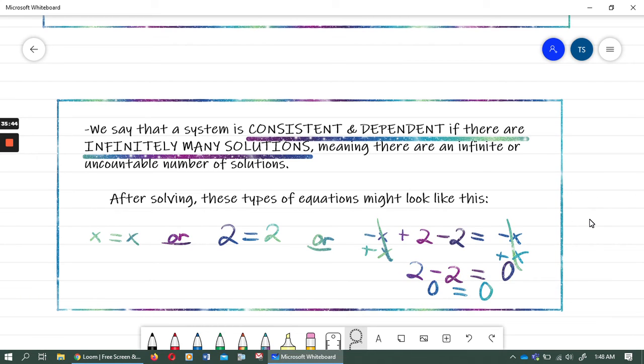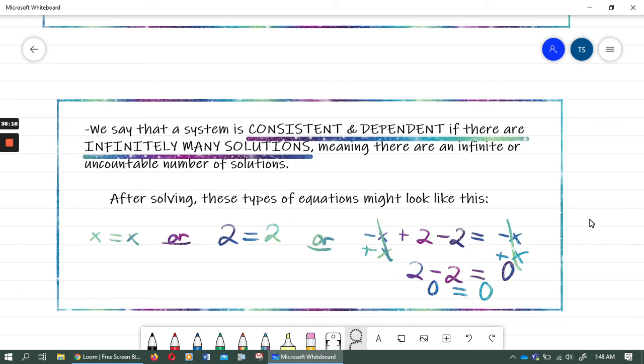So if your equation started to look something like that, you're not going to find any specific value for x. Or your equation could look something like this, 2 equals 2. When you are solving that system and you get to a point where your equation looks like 2 equals 2,